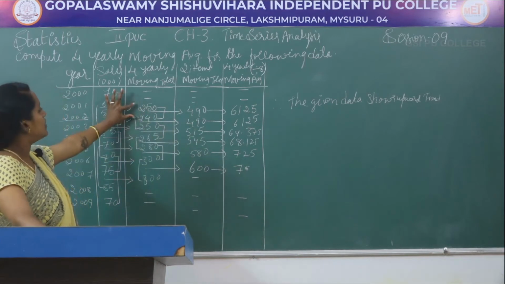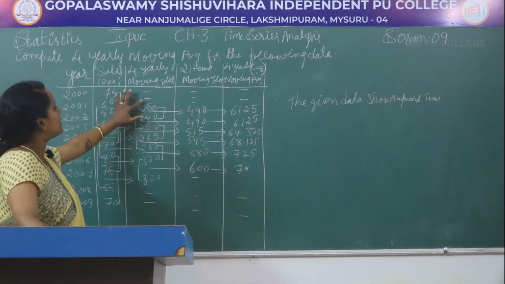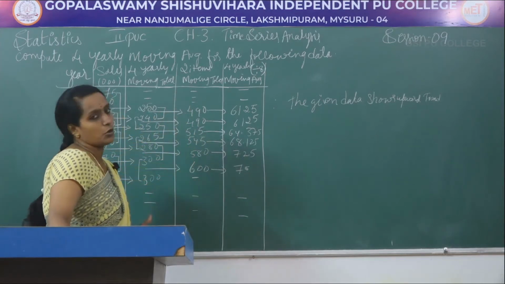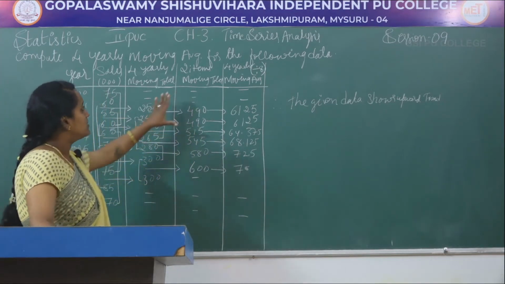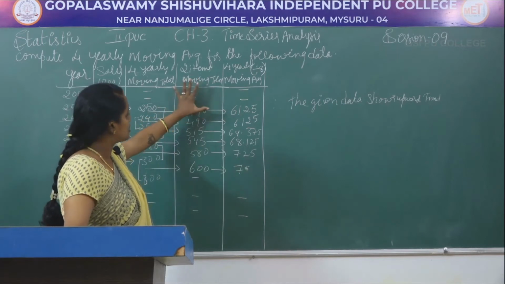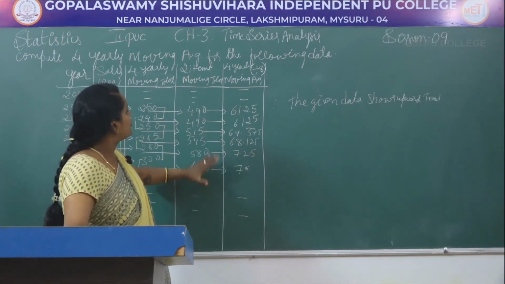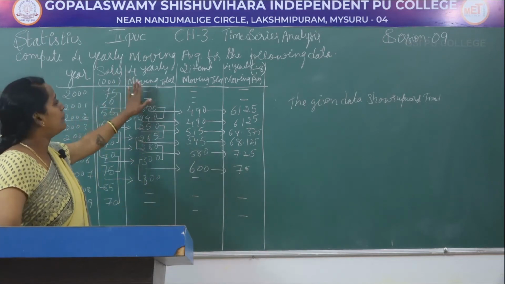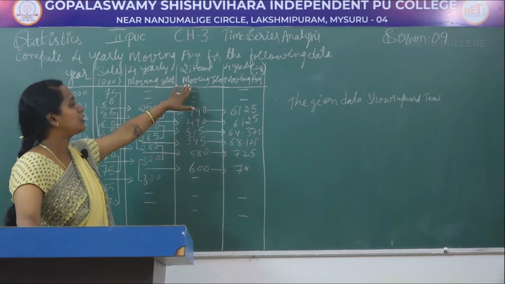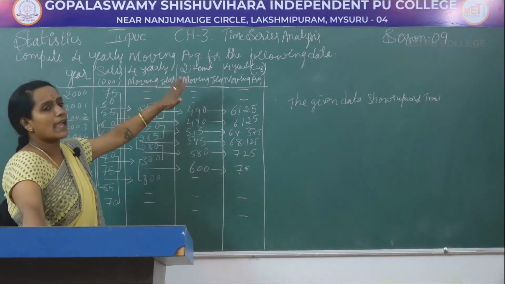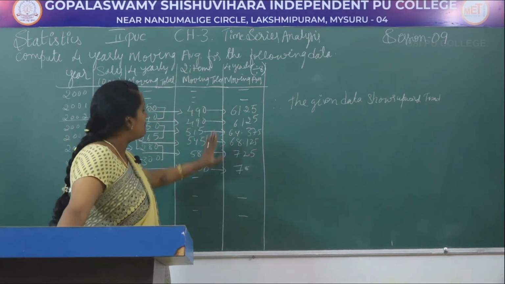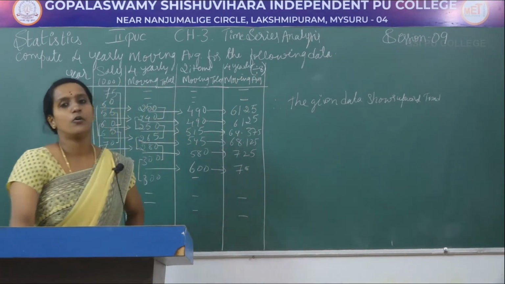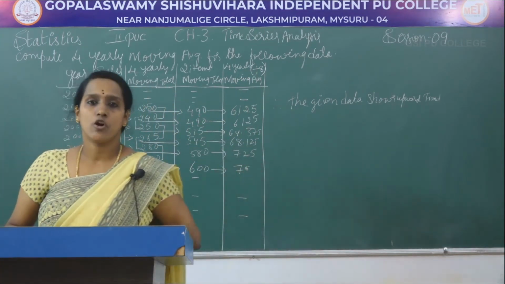This is the moving total. After the 4 years moving total, again we have to add two numbers along with the positions. If we add 2 numbers, the position will be between these 2 numbers, so that you get the 2-year moving totals. Next, for these values we have to divide by 8, because first we added 4 numbers, then we added 2 numbers. 4 2s are 8. So divide this column by 8, so that you will get the trend values or the 4 yearly moving average column.